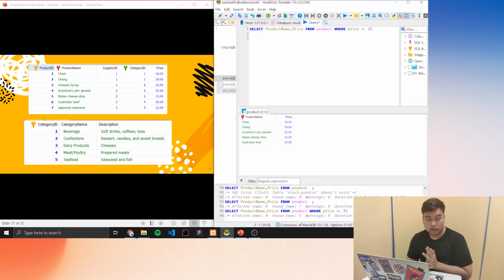Okay, the third one is group by. Group by is when you want to group rows that have the same values into a summary row. Okay, for example,